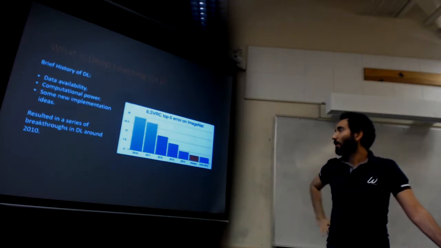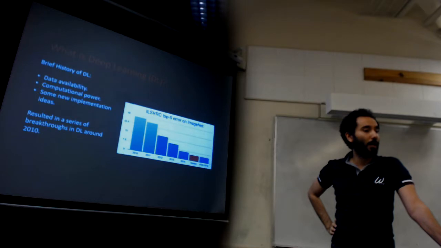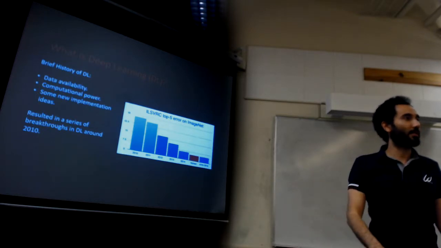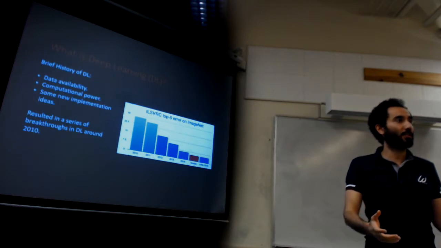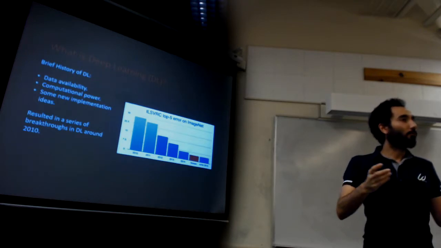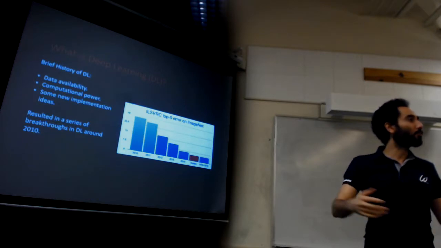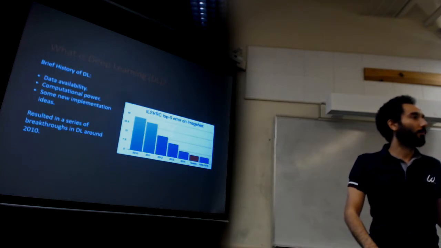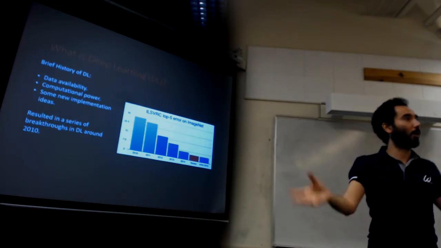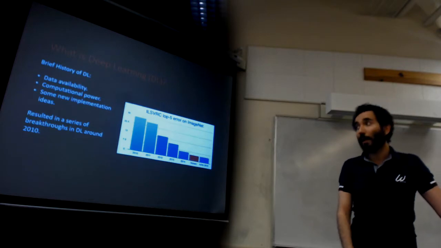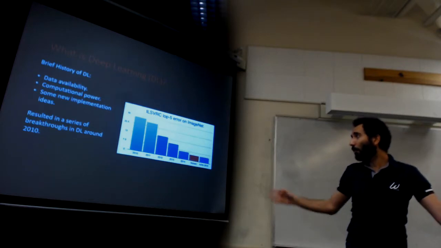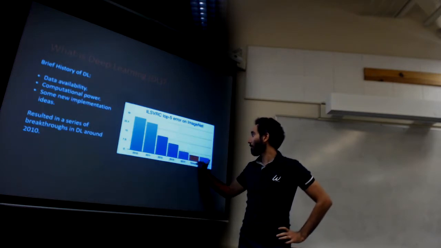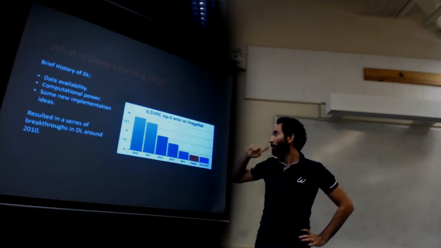There's this ImageNet competition where people propose their algorithms for a classification task. It's a pretty challenging classification task. There are over 1,000 different classes and around 1 million images, and you are supposed to propose an algorithm that can classify all these images. And before the deep learning era, so this purple color is the deep learning era, before that,